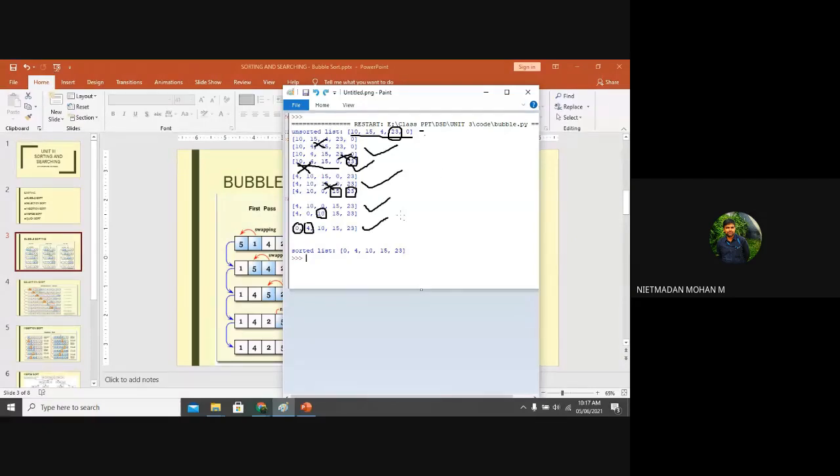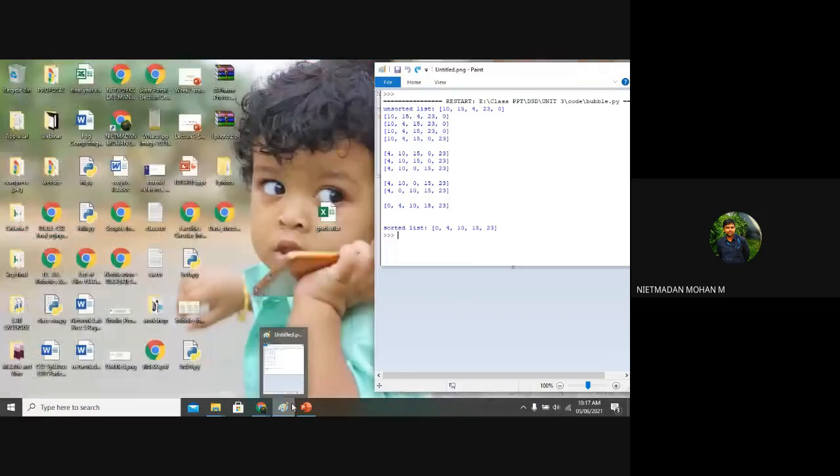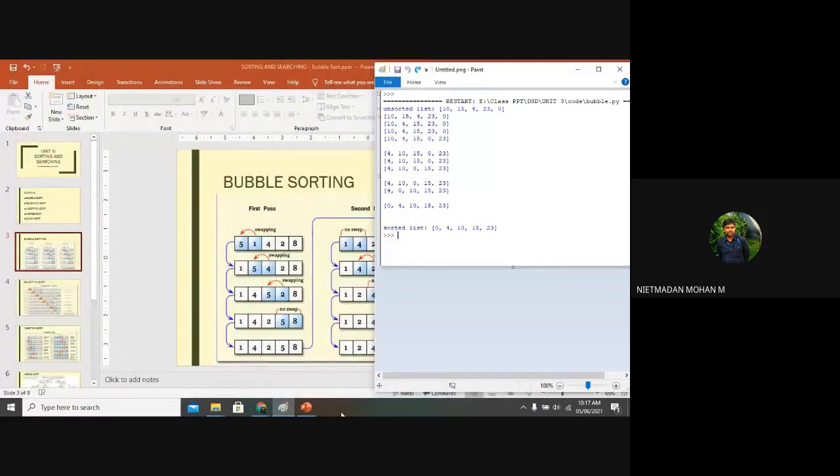So based upon this, we are going to write a program. I will tell you how to write the program step by step. So be aware and listen to how to write this particular program. In the next class, I won't tell you like this. You want to practice whatever I am telling. So now I am going with this.